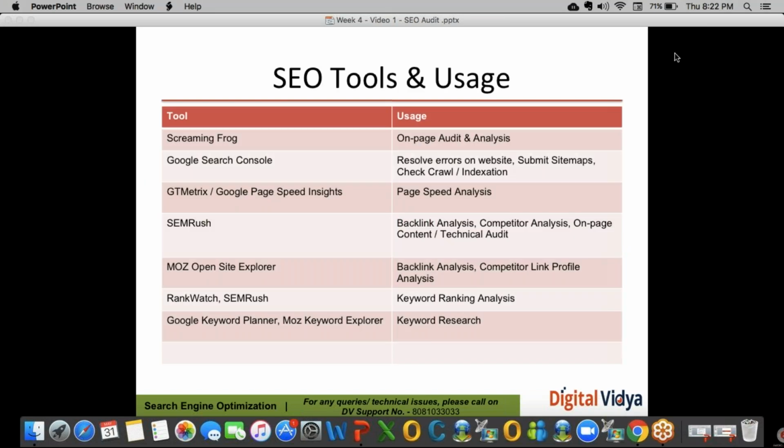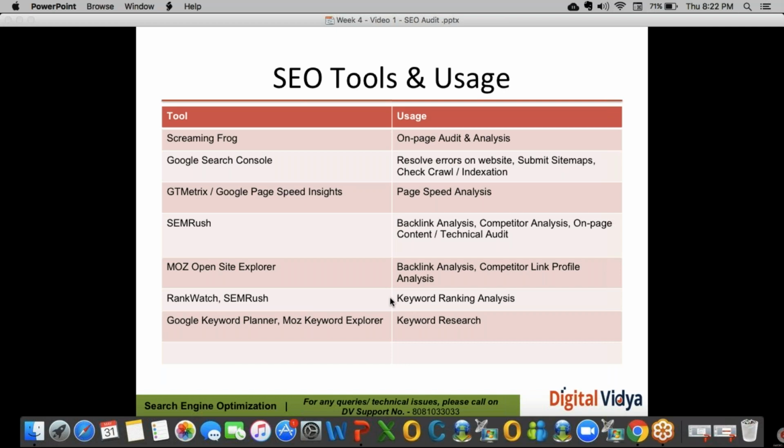Okay. Now these are some of the other SEO tools which are also being used in the industry. So you can also use these tools. Some of them I personally use, and some of them are recommended by the industry, like Screaming Frog. I use it very often. Google Search Console is a must-have. Google PageSpeed is a must-have. SEMrush, yeah. You can choose between both of them, whether you go with SEMrush or Moz Open Site Explorer, which we have seen.